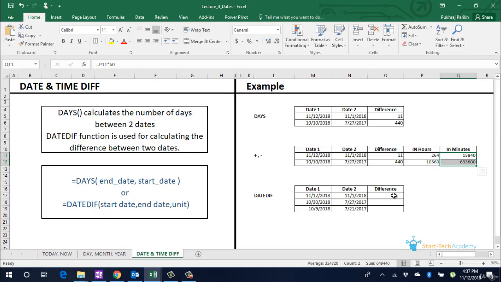Third way to find difference in the two dates is the DATEDIF function. This function allows you to specify what you want in return, whether you want difference in days, months or years. For days, we type =DATEDIF, start date, comma, end date, comma, D for days, M for months and Y for years.